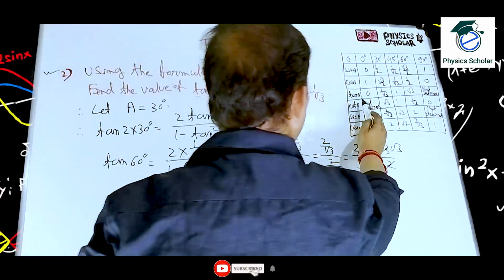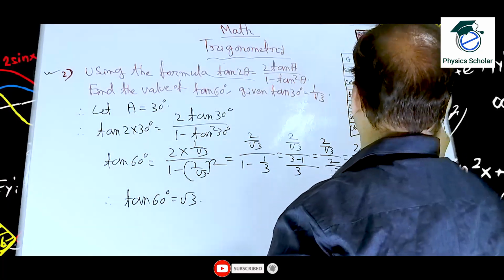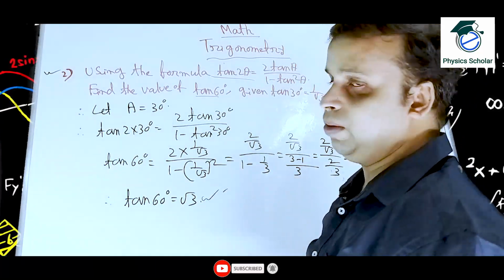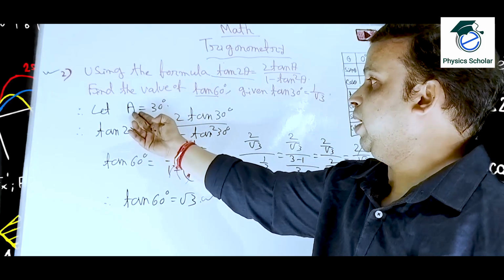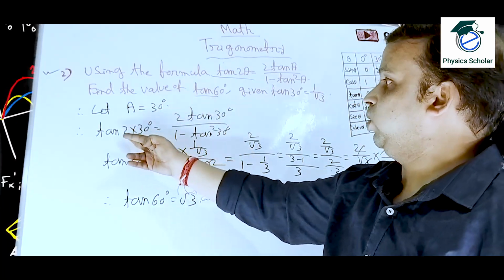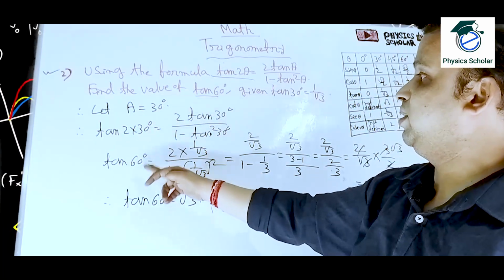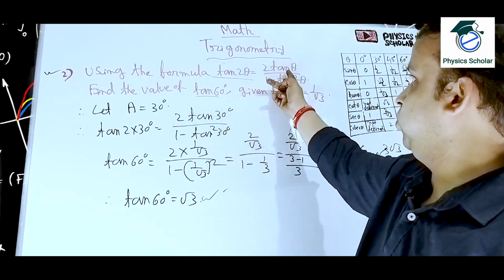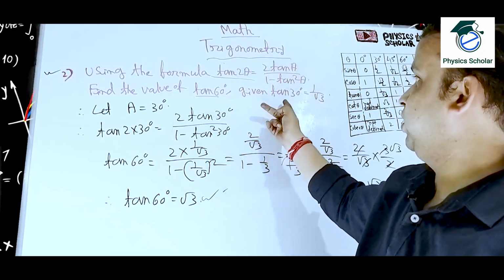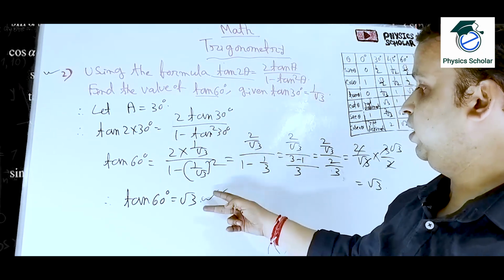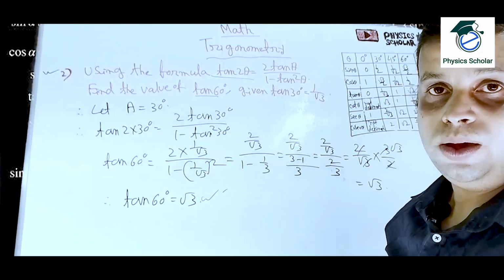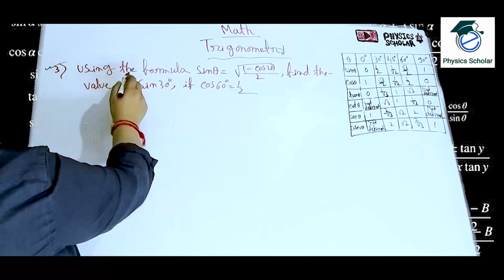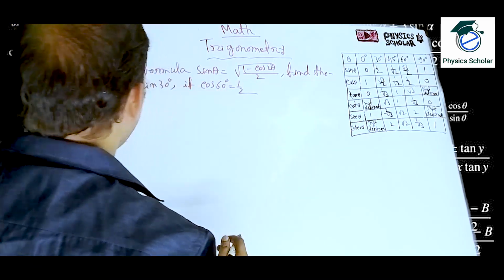By the chart also you can understand tan 60 degree is equal to root 3. So that will be the value of tan 60 degree. So very easy. We assume let A is equal to 30, so tan 2A means 2 into 30, tan 60, and we are putting the value of tan 30, which is already given, and we find the value of tan 60 will be root 3. So hope you have understood this. Now let us move to sum number 3.